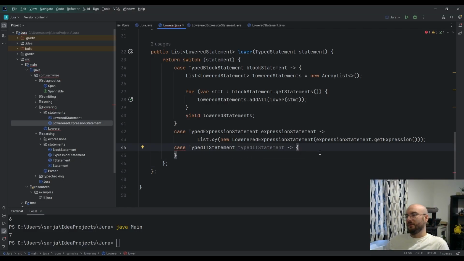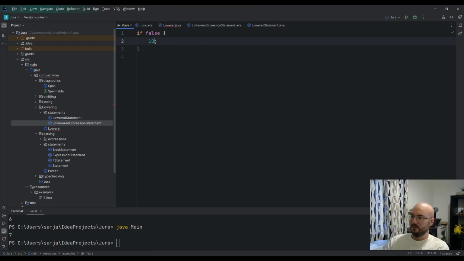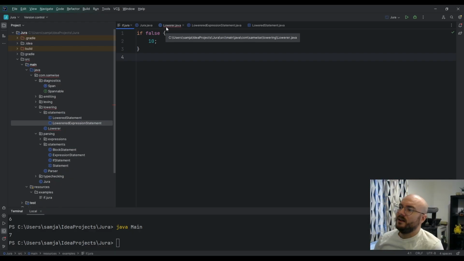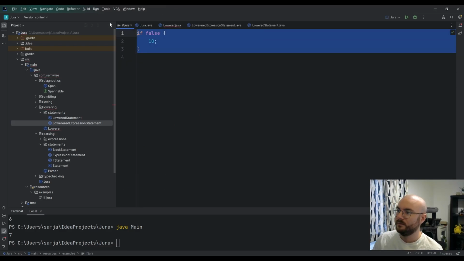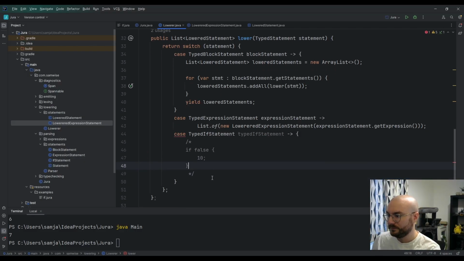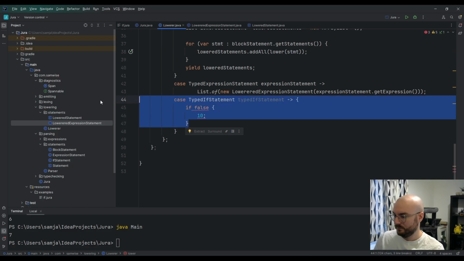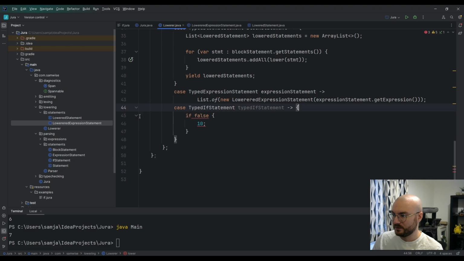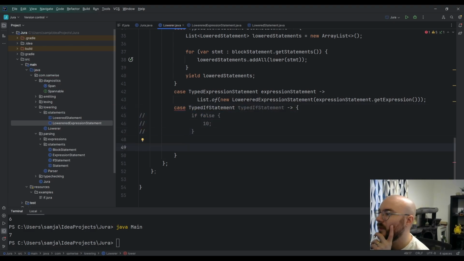So if we think about what we have with an if, in fact, let's ignore the case where we have an else body, because that's just going to make things really complicated. So we have just this. So we want to go from this, which has been absolutely mangled. We want to go from this, in fact. Like that. I want to go from that to